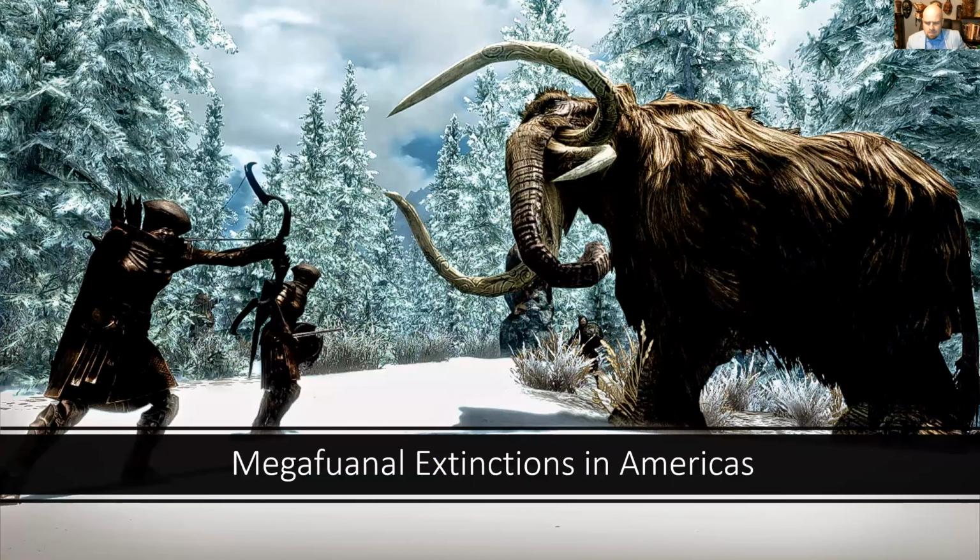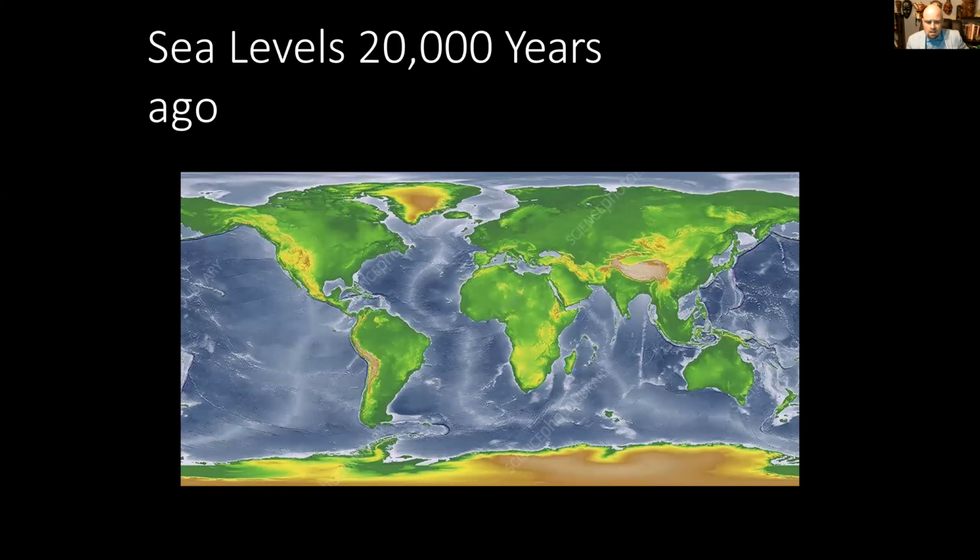When we talk about the Americas, this was an area where from 20,000 years ago to 8,000 years ago, we have mass extinctions there. Not 40,000 years ago or 60 to 40,000 years ago, like in Australia. So if we're talking about climate, then for Australia, it's a local thing that had more impact in Australia than it would have in the Americas. That's one thing to think about. But in the Americas, we have a major extinction event 20,000 years ago to about 8,000 years ago, where we see large numbers of megafauna killed off.